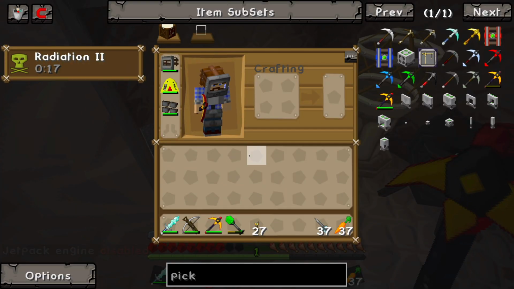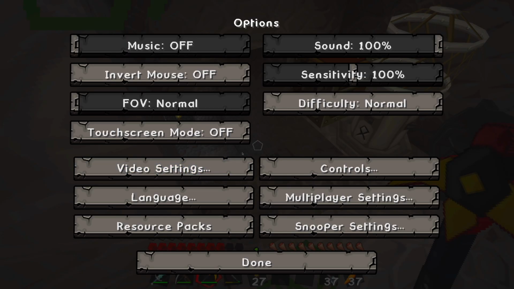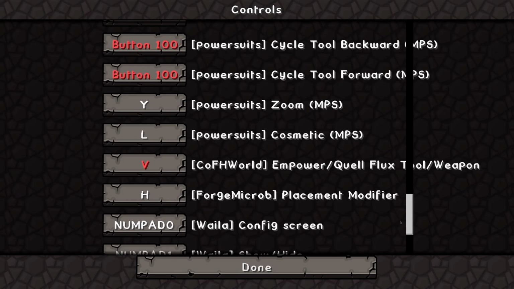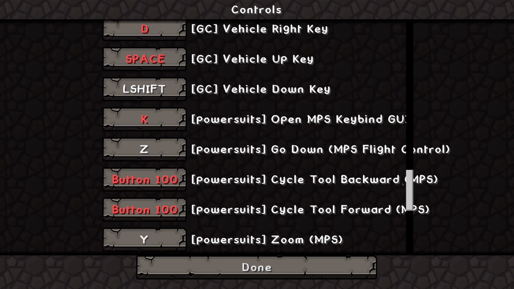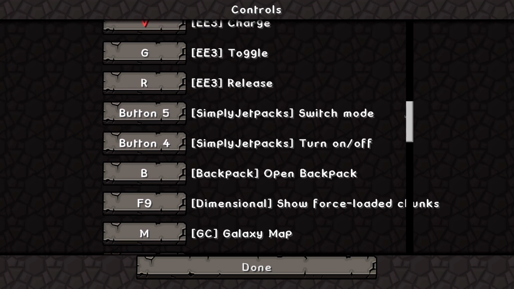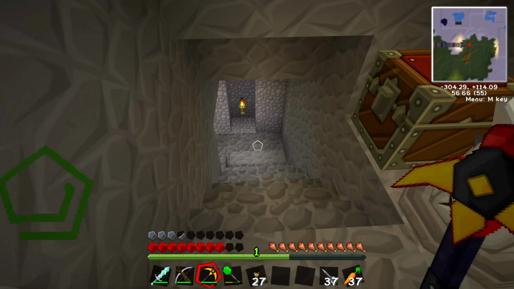All right, Fluxed Infused Pickaxe. This is from Redstone Arsenal. Let's go to our controls, and we're going to look for Redstone Arsenal. There are... Hey, I don't see any. I don't see any controls for Redstone Arsenal. So, if there's any adjustments that can be made on this thing, I'm not sure what they are. Let's go test it. I mean...